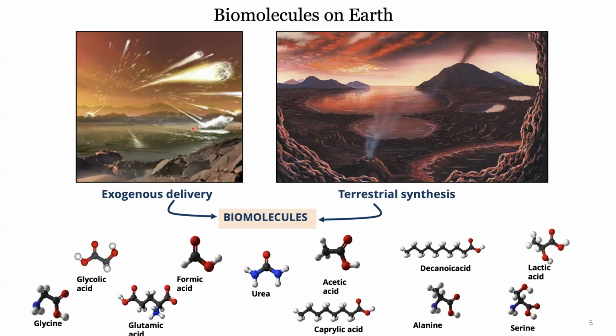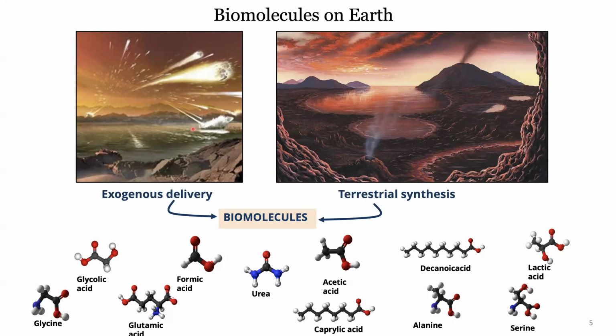So the precursor molecules, how did they come about on Earth? And this is where analog environments become very important. There are two hypotheses here. One is that they were delivered via exogenous processes, basically meteorites and comets that kept striking the Earth very early on in its history. And the proof for this is all the impact craters present on the moon. So there's a thought that about 3.9 to 4 billion years ago, there was a lot of heavy bombardment that brought in a lot of these interesting molecules, which can also be readily formed in the interstellar medium.